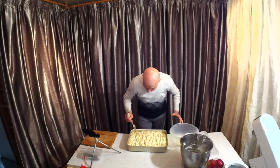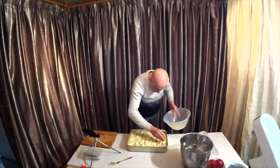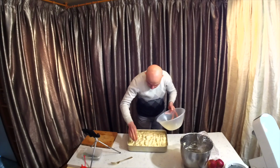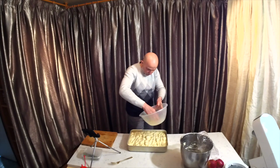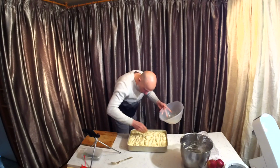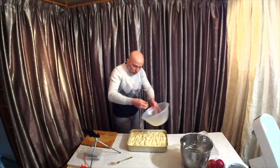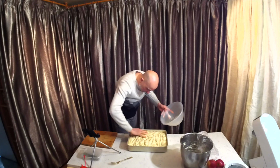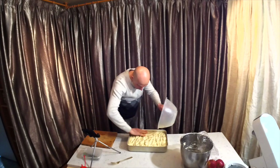okay, and we take our salamoia and we spread it in this way, gently. Okay, we spread it gently on the focaccia, and you see it's very strong. It keeps the shape, it doesn't lose the shape. Okay, now